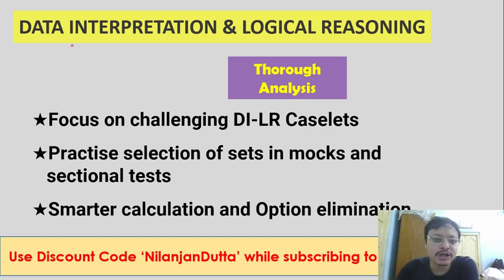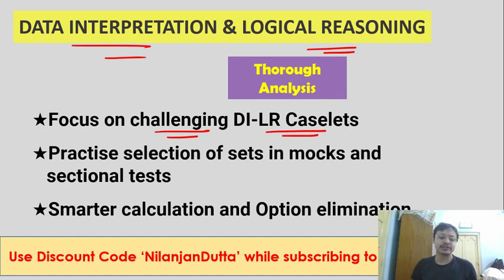Meanwhile, we are moving on to the DILR section, which is the make or break section in CAT over the last few years. And one of the reasons for this is there's been a lot of focus in the last few years on challenging DILR sets. Now, most people tend to get confused regarding challenging DILR sets because they don't understand how to go about approaching such sets. But the best thing about challenging DILR sets is the more challenging the set is, the easier are the questions and